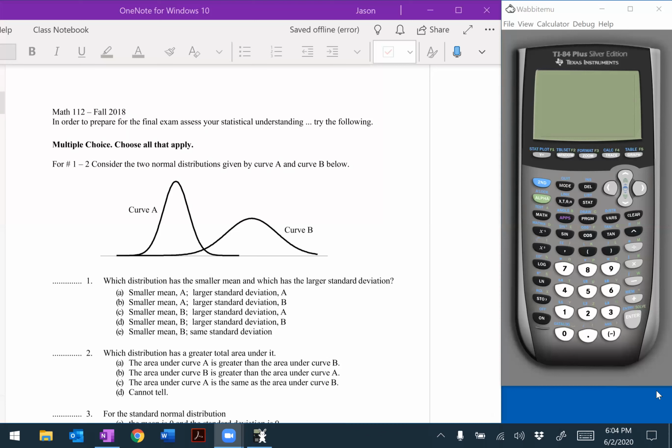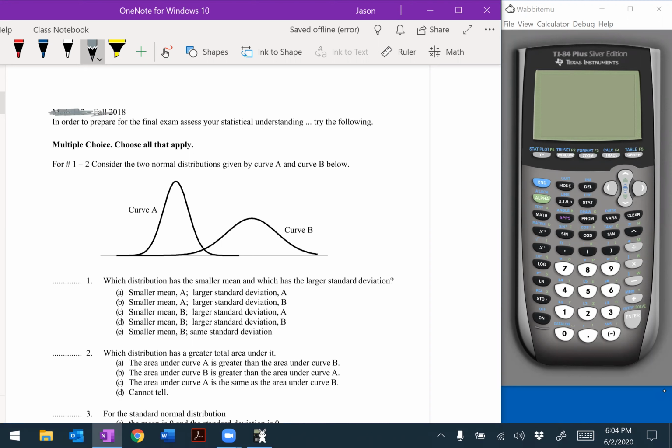Okay, let's go ahead and get started. We're going to go through the final exam review today. Okay. So this is wrong. Let's get rid of this. Okay. In order to prepare for the final assessment, to assess your statistical understanding, try the following. Okay, for number 1 and 2,